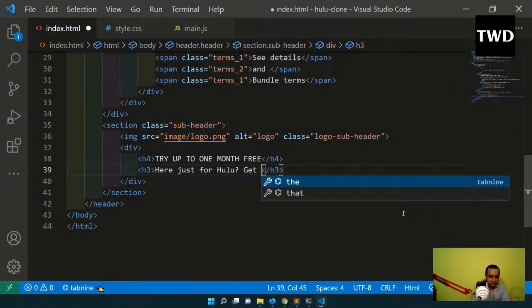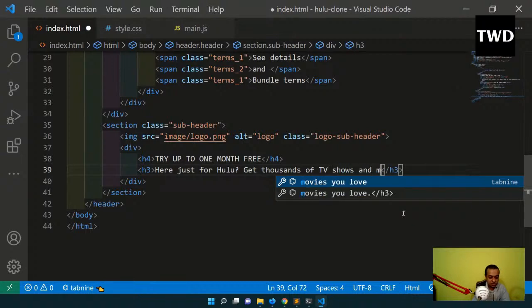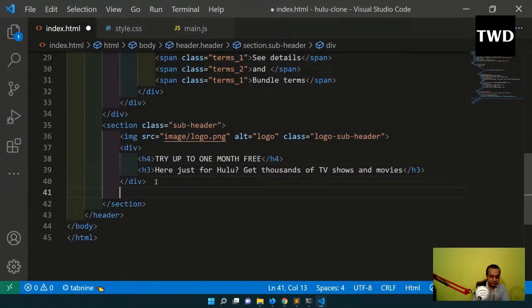Get thousands of TV shows and movies. Okay, so this div is ending here, and after that there will be another